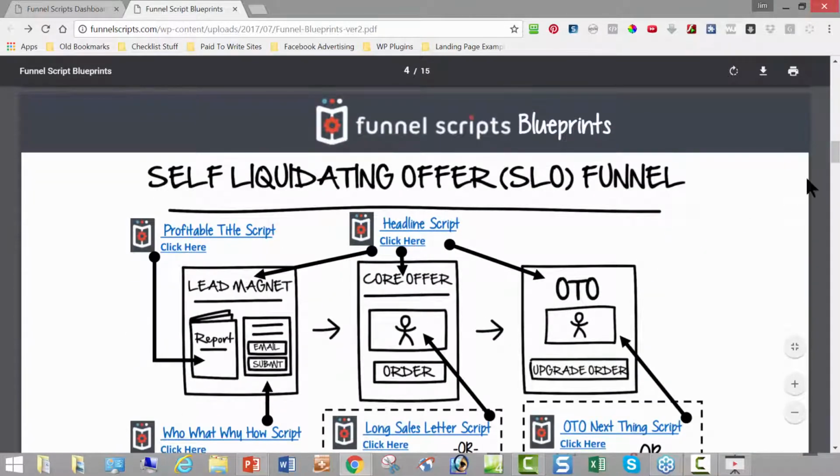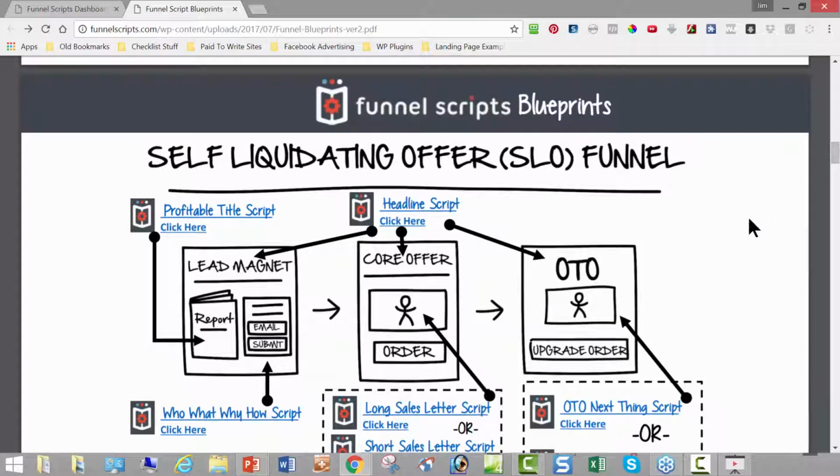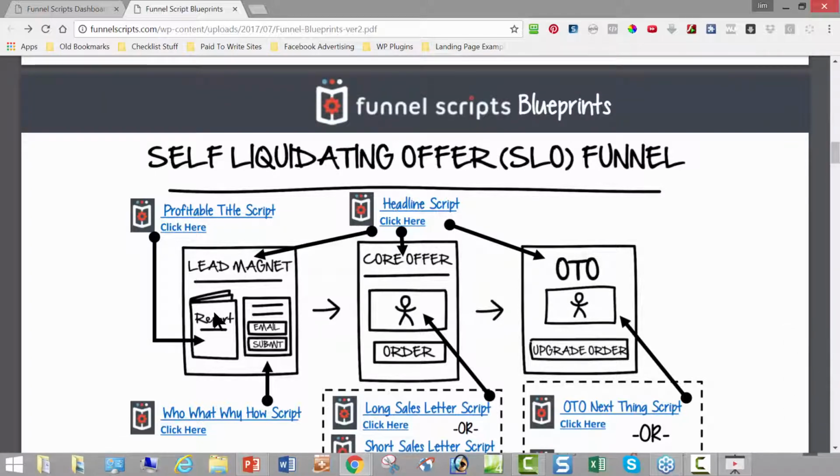Next one is the self-liquidating offer. This is the one where you might be giving something away, like your book for shipping and handling, or you're doing something for a real low price. And so again, what does every page need? It needs a headline. And then here, whatever it is that you're giving away, unless you don't have your book or you have